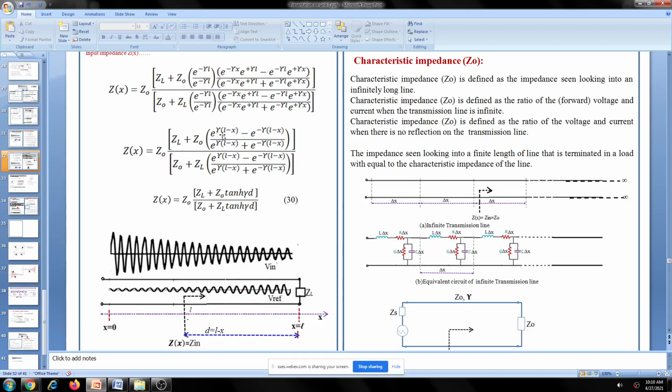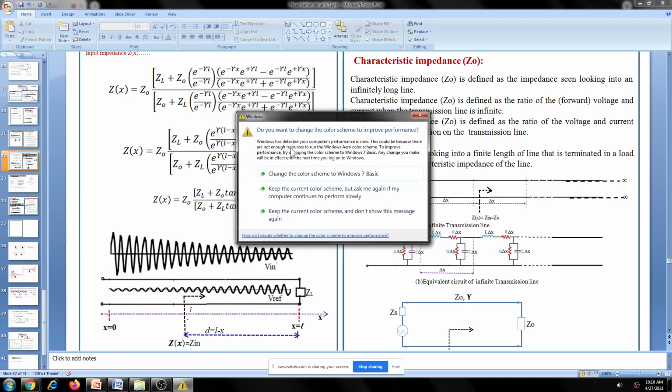Okay, it is e to the power gamma d, e to the power minus gamma d. Similarly e to the power plus gamma d and minus gamma d. Here it is a plus sign, here is a minus sign. So this is a sine of hyperbolic function. You can write it as divide by 2 and multiplied by 2. See, for this you can do divide by 2 and multiplied by 2. Similarly divide by 2, multiply by 2.